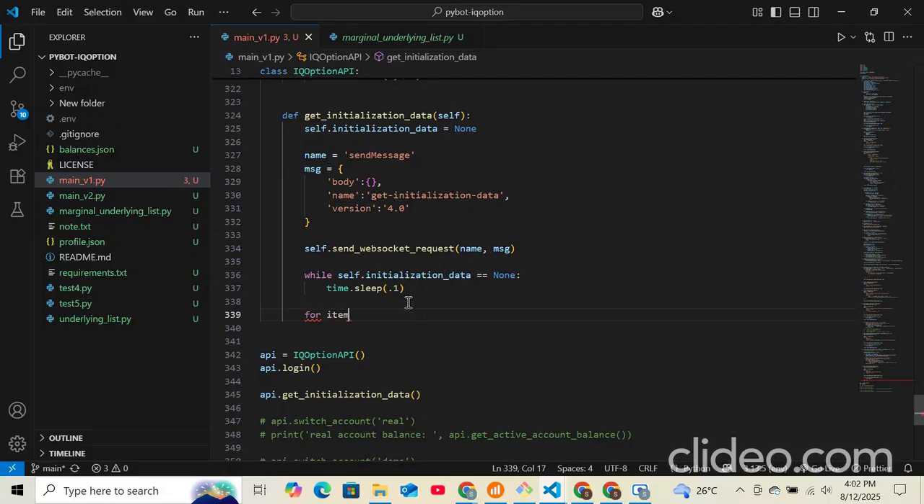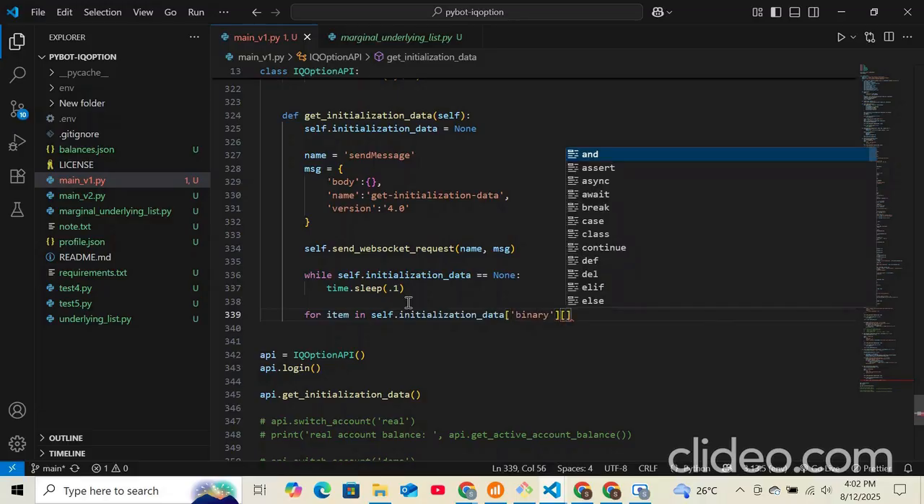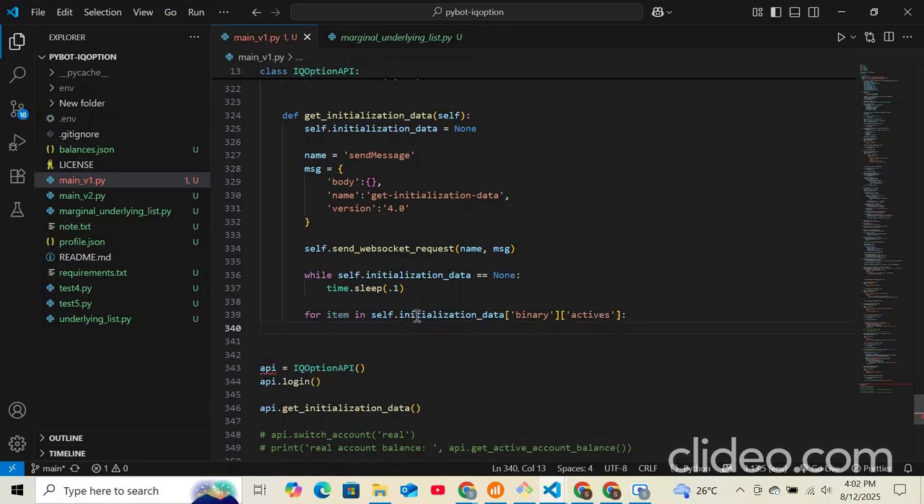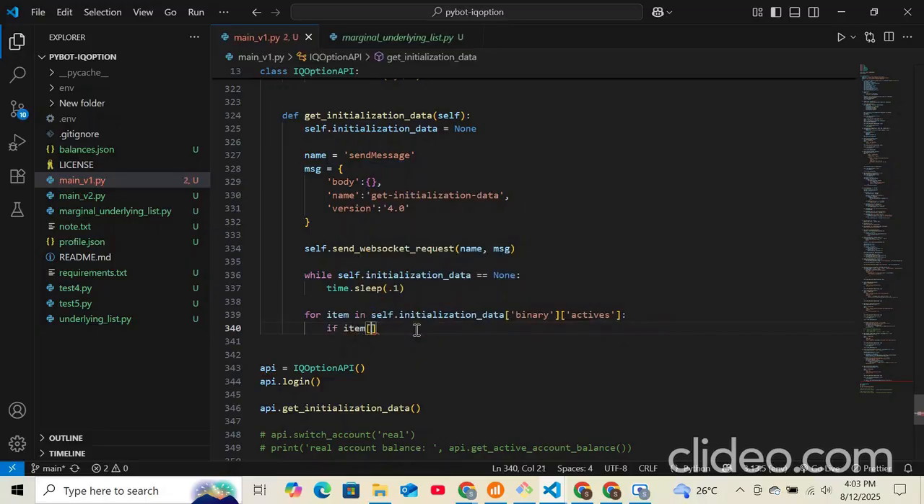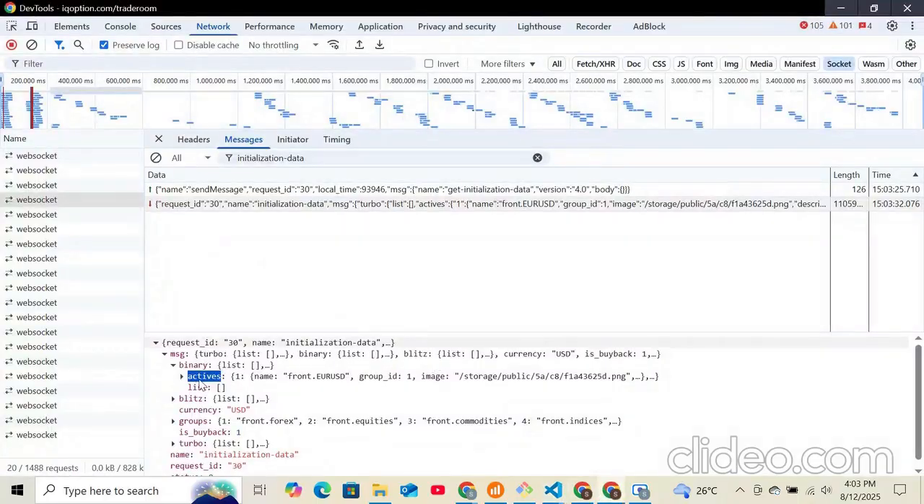Okay, fine, I'll do a loop here. For item in self dot initialization data, I'll get the binary, and from binary I need to access this key, actives. And what I want to do is make sure I'm getting not suspended items. If item, and the key for filtering not suspended is